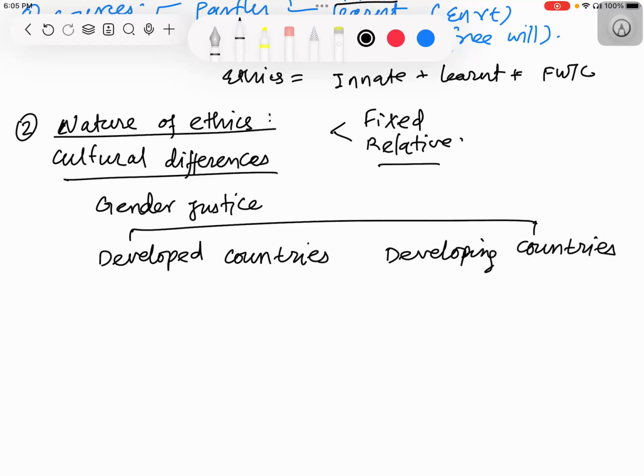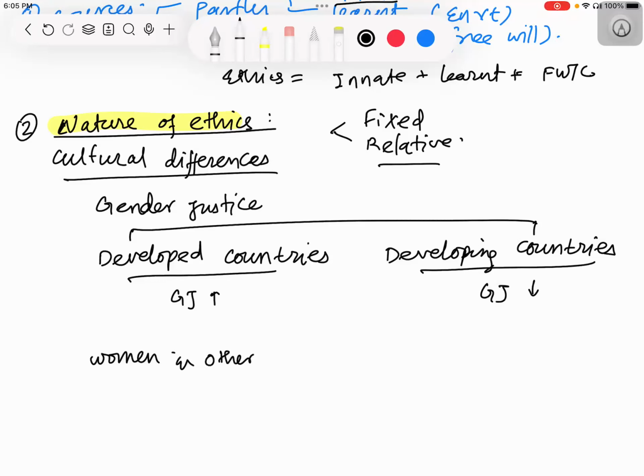Of course, in developed countries there is a greater level of gender justice. In developing countries, in general, we can say that there is a lesser degree of gender justice. Okay, so what is the meaning of this term? Specifically, this means whether women and other genders, not men, whether they